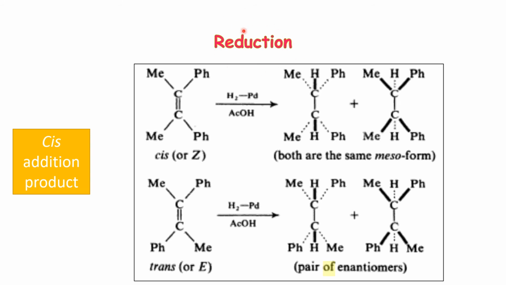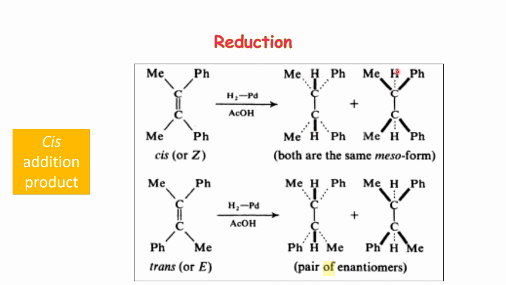First we have example of reduction. See, we have cis isomer wherein two methyl groups and two phenyl groups are on same side. We also have trans isomer wherein phenyl and methyl groups are on opposite side. When they are allowed to undergo reduction. Now because reduction is a cis addition process, two hydrogen molecules are added. See, they are shown both by a darker bond. So it is a cis addition. They are both added from, say, one plane,